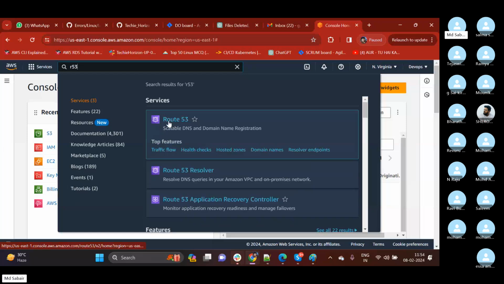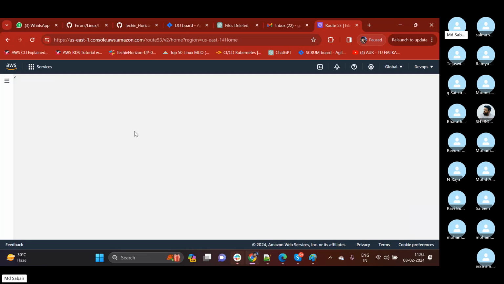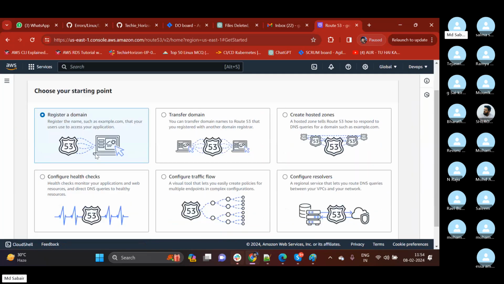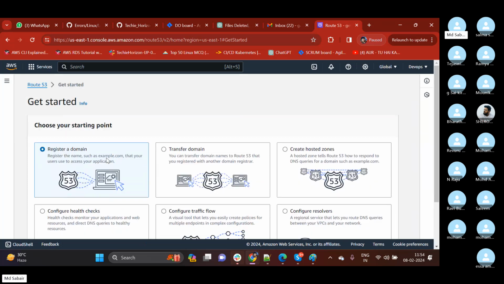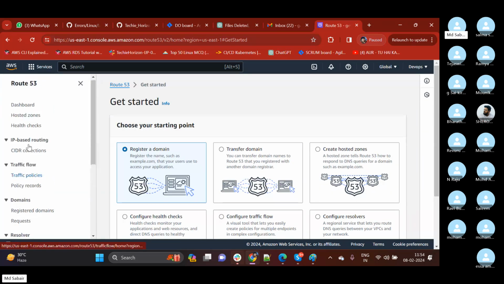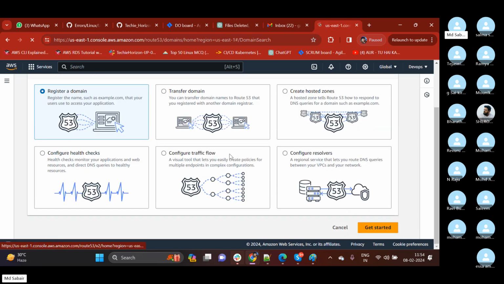If I open this Route 53 and click on Get Started, here we have something called register a domain. Means AWS will also help you to purchase one domain name. This is also available in AWS. So if I click on Get Started,